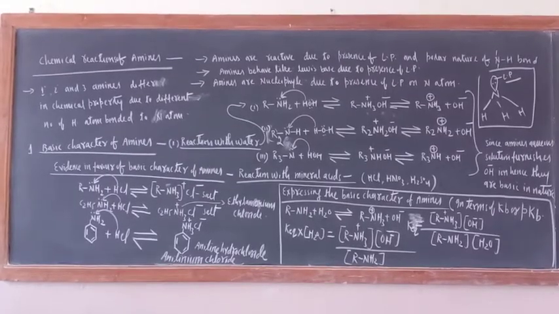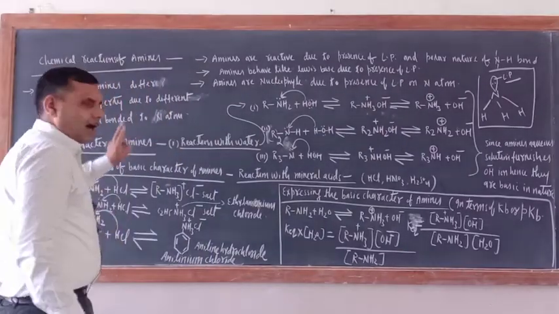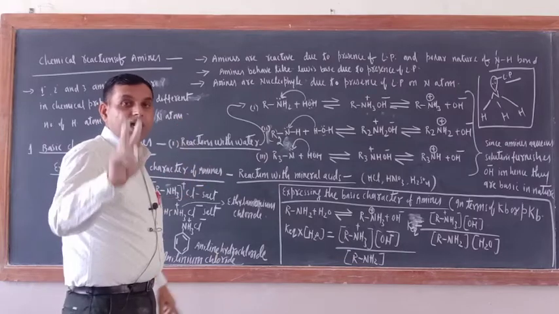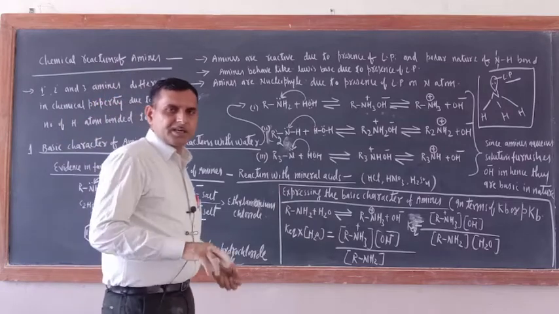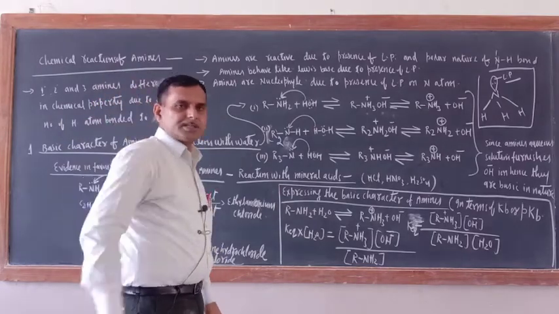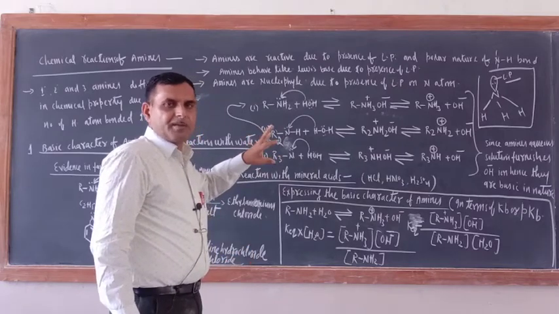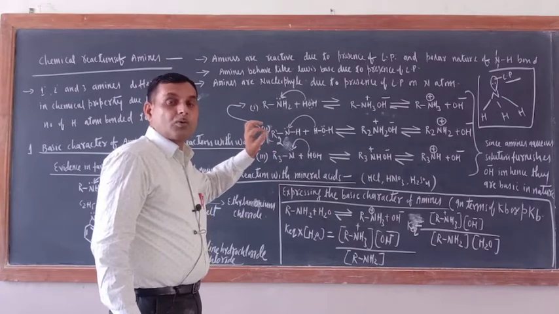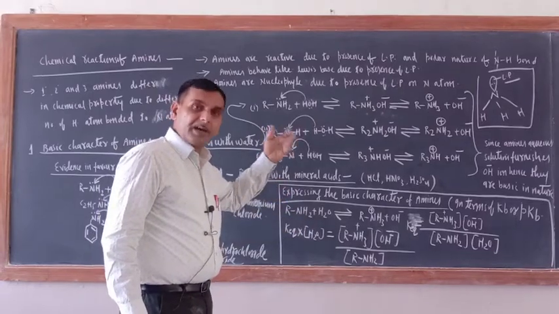Okay, just see the chemical reactions of amines, or you can say chemical properties of amines. Just try to understand. Amines are very reactive organic compounds. Why are they reactive? They are reactive because of two reasons. Number one, in all amines, what is there? N-H bond is there, except 3 degree amines. In 3 degree amines, N-H bond is not there. Amines are more reactive due to the presence of a lone pair of electrons on the nitrogen atom, and the second one is due to the polarity of the N-H bond.